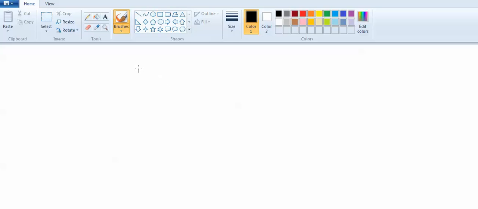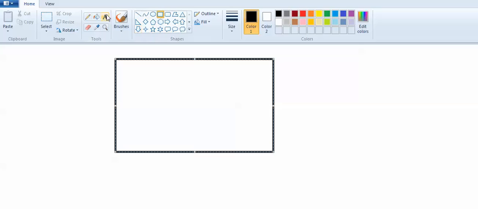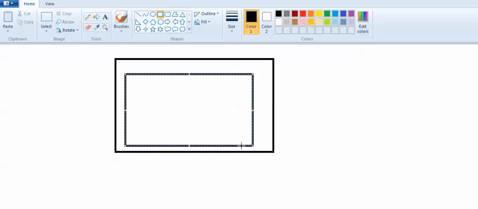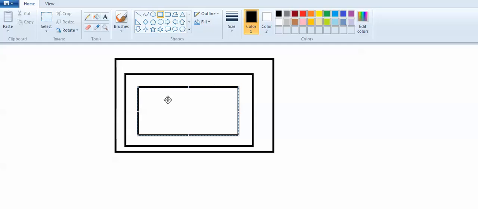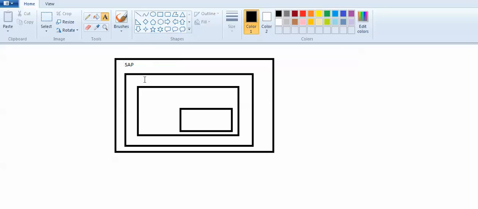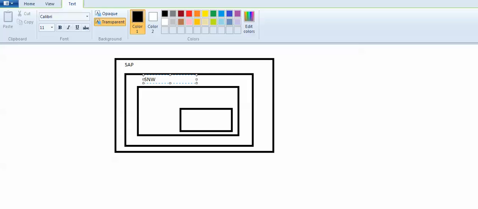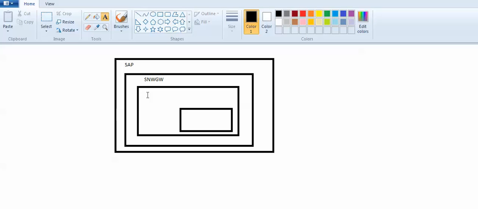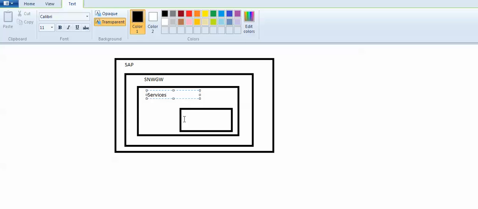So in order to look into the complete diagram, like where exactly this OData service or SAP NetWeaver Gateway lies, here we have the SAP system. Under that we have the SAP NetWeaver Gateway, and under the SAP NetWeaver Gateway we can create these services, and here we can realize our OData service. So this is called SAP, and under that we have SAP NetWeaver Gateway, and under that we have the services,